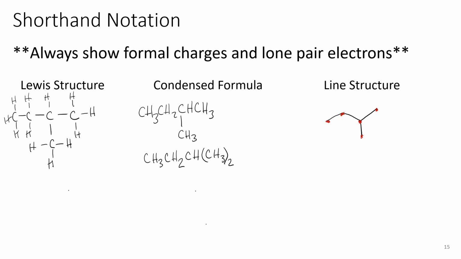So your goal is really to be able to get into this type of line structure and be able to draw them and be able to understand what they represent. The quicker you can get into drawing these line structures, the easier organic chemistry is going to be for you. So I want to give you a couple of other examples of some line structures that contain atoms other than just carbon and hydrogen. So here is a structure